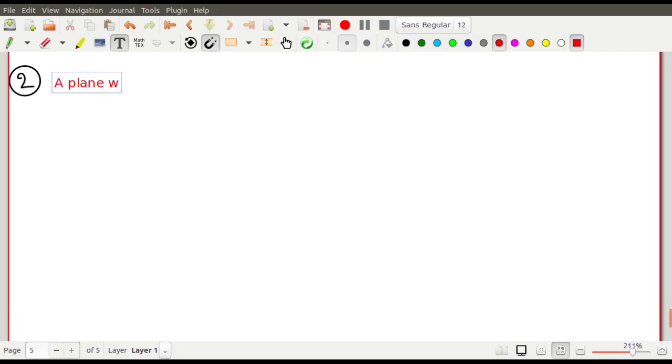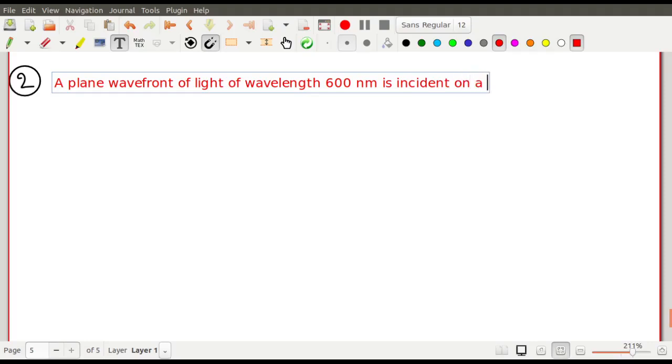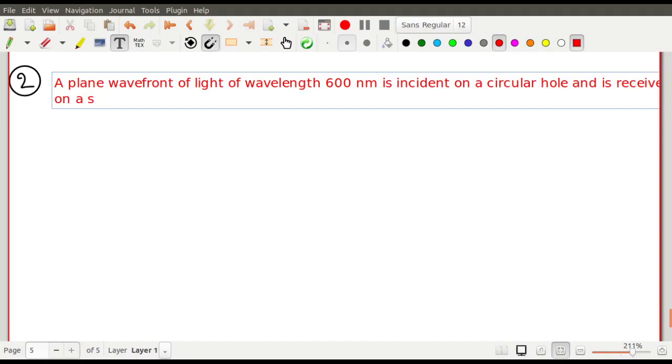The next problem is a plane wavefront of light of wavelength 600 nanometer is incident on a circular hole and is received on a screen 50 centimeter away. Find the diameter of the hole